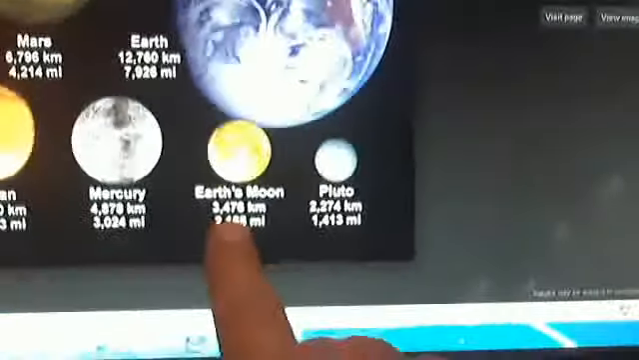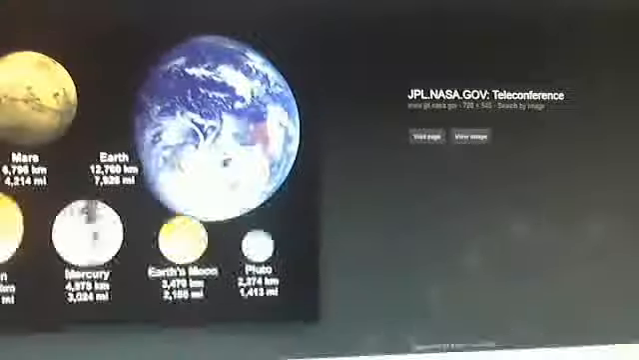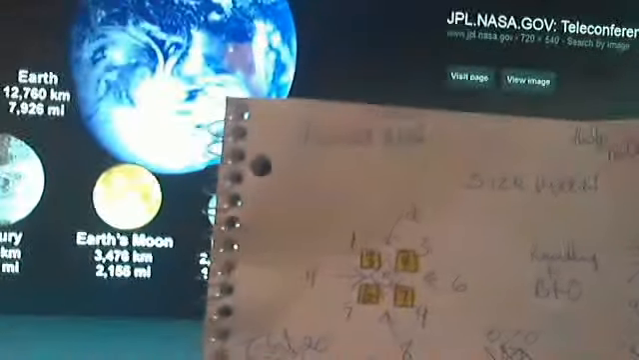3, 4, 6, and 7. 3 and 4 is Earth and Mars. 5 is Jupiter. If you look down on my page, and I'm going to have to change back the camera now so I can see what's going on. If you look down on the page,